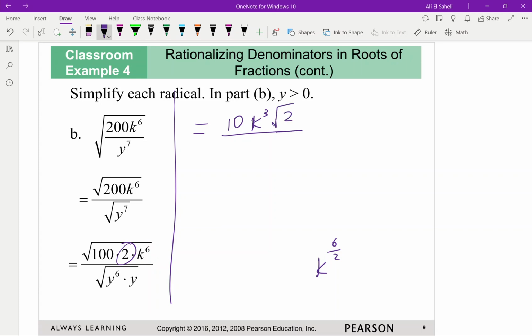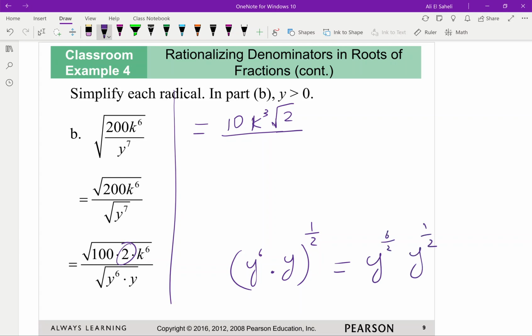Okay. y to the power 7 is y to the power 6 times y. Okay, and radical means 1 over 2. So this is equal y to the power 6 over 2, y to the power 1 over 2. So y to the power 6 over 2 is y cubed, so we get rid of the radical. And y to the power 1 over 2 is radical y. So you are left with